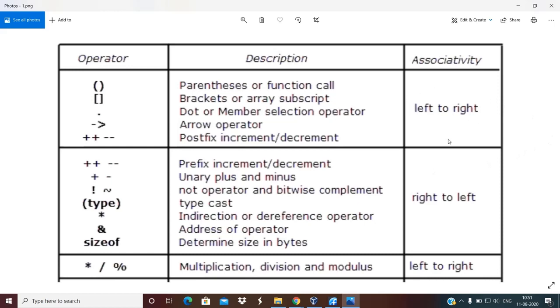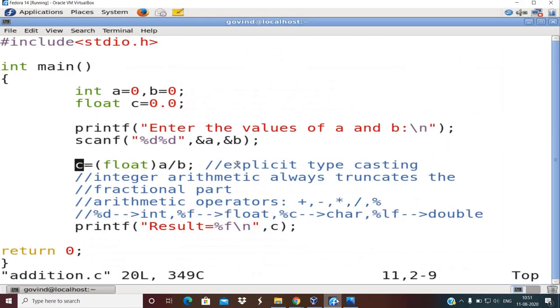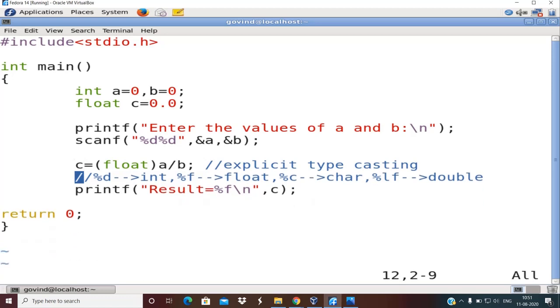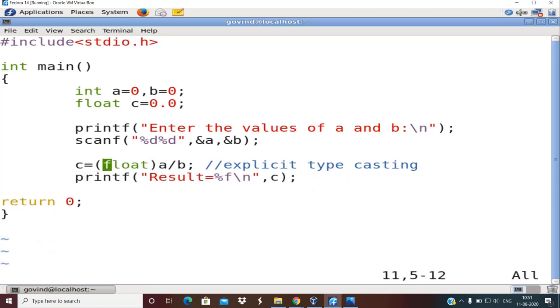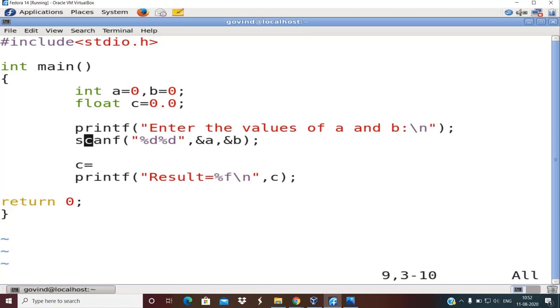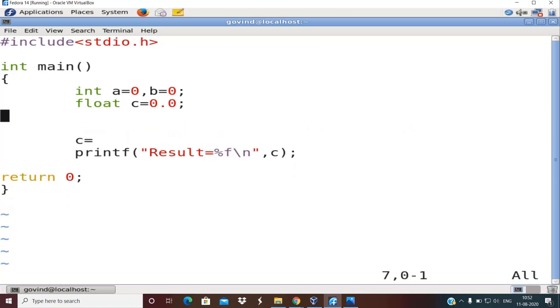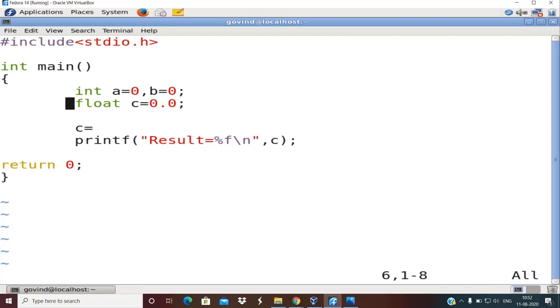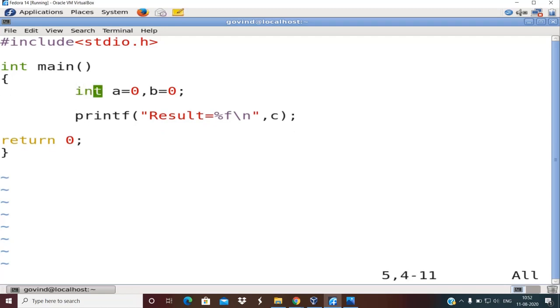To explain this in detail, I will now modify this program with respect to one expression. I don't want these printf and scanf statements here, so I'm going to delete them. I also don't want a and b, I just want a, so I'll replace this c with a.